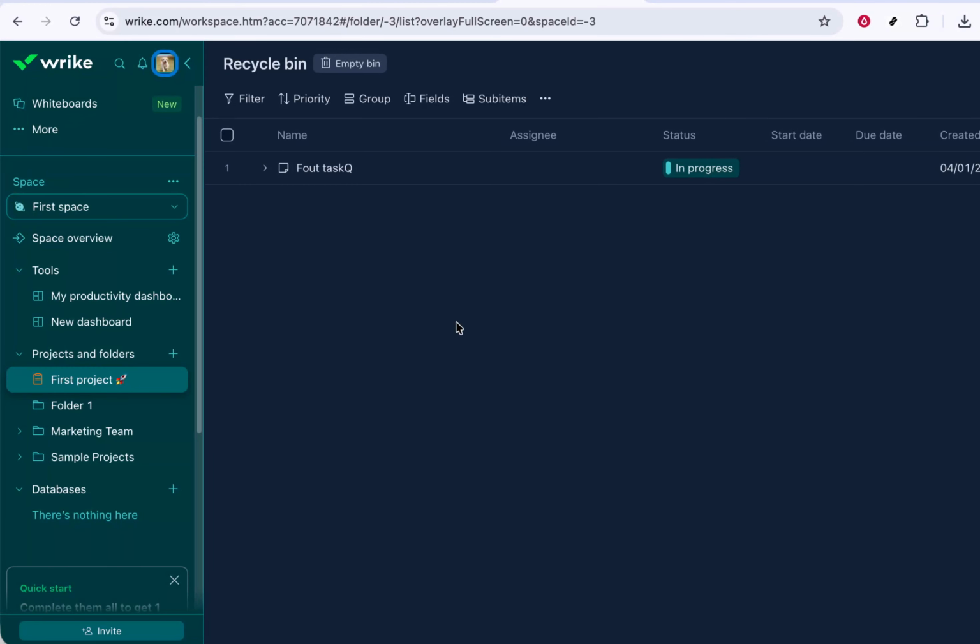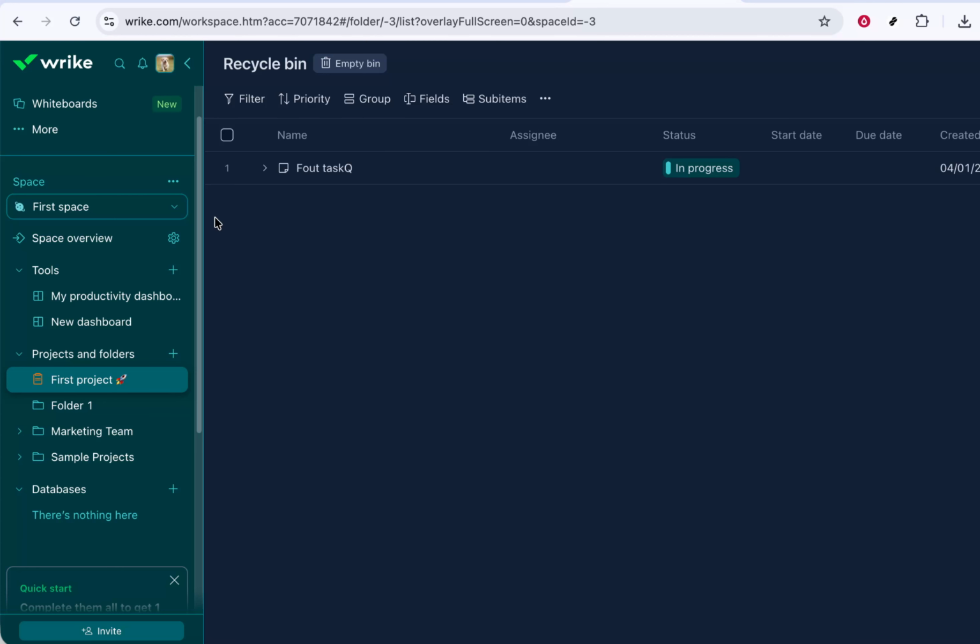In today's video, I'm going to teach you how to transfer account ownership in Wrike. Transferring ownership is an important task, especially if you're handing over responsibility to a new admin team lead, or if you're moving to a different role. The account owner in Wrike has access to billing, security, and high-level settings, so it's crucial that this process is done carefully and correctly. I'll walk you through each step slowly and clearly so you can follow along in your